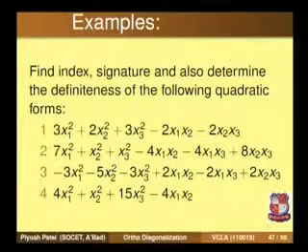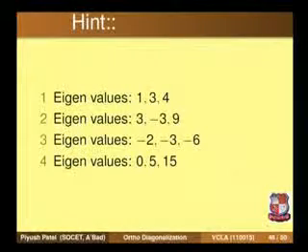These are the examples for finding index, signature and definiteness. All four are different quadratic forms. Let me give you a hint on how to find the signature and the definiteness. In the first quadratic form, we have total 3 eigenvalues: 1, 3 and 4. All 3 eigenvalues are positive. Therefore, this is a positive definite quadratic form. There is no negative eigenvalue or 0 eigenvalue. Therefore, we have 3 positive terms in the canonical form. So the index is 3, and the signature is 0